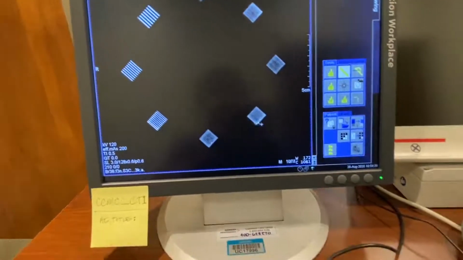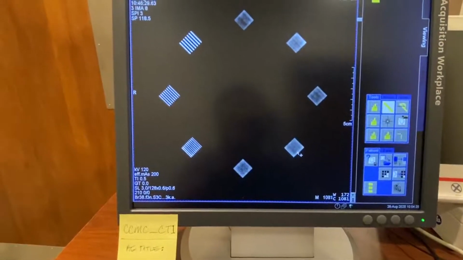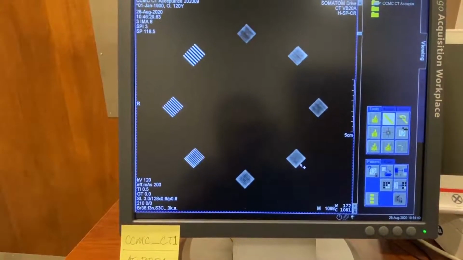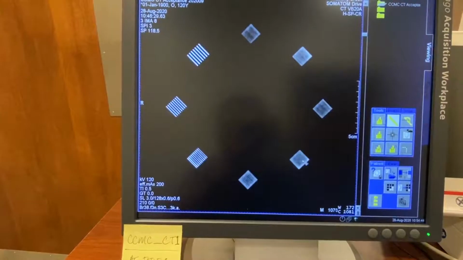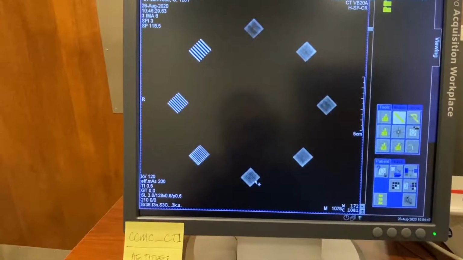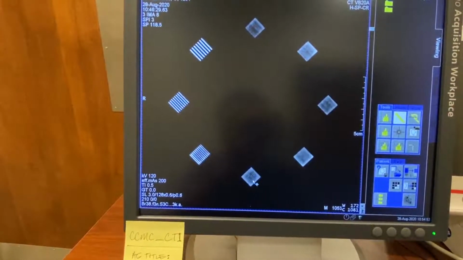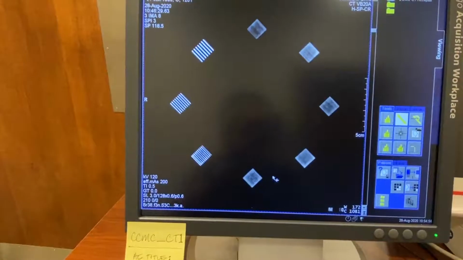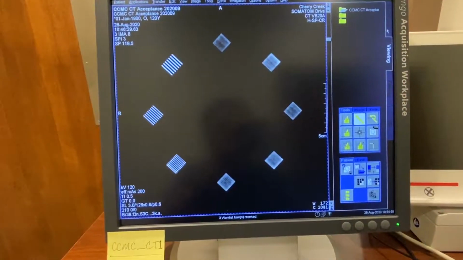If we use a different reconstruction kernel, it may resolve better. So you can see for this particular protocol, the maximum resolution we can see is 7 line pairs per centimeter. All right. So